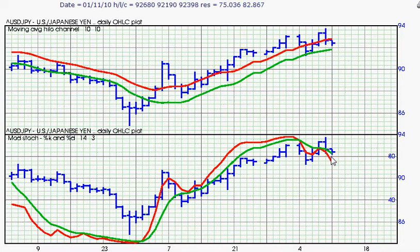What you've got to do is have an entry point down here. You've got to wait for the market to turn. You've got to look at some other indicators. I look at quite a few different indicators to see if I think the market's turned or not, and then I have an entry technique and a stop technique, and all that adds up to be very important. So right now I think a top's coming in for the USD-JPY, but I'm still waiting for the trigger